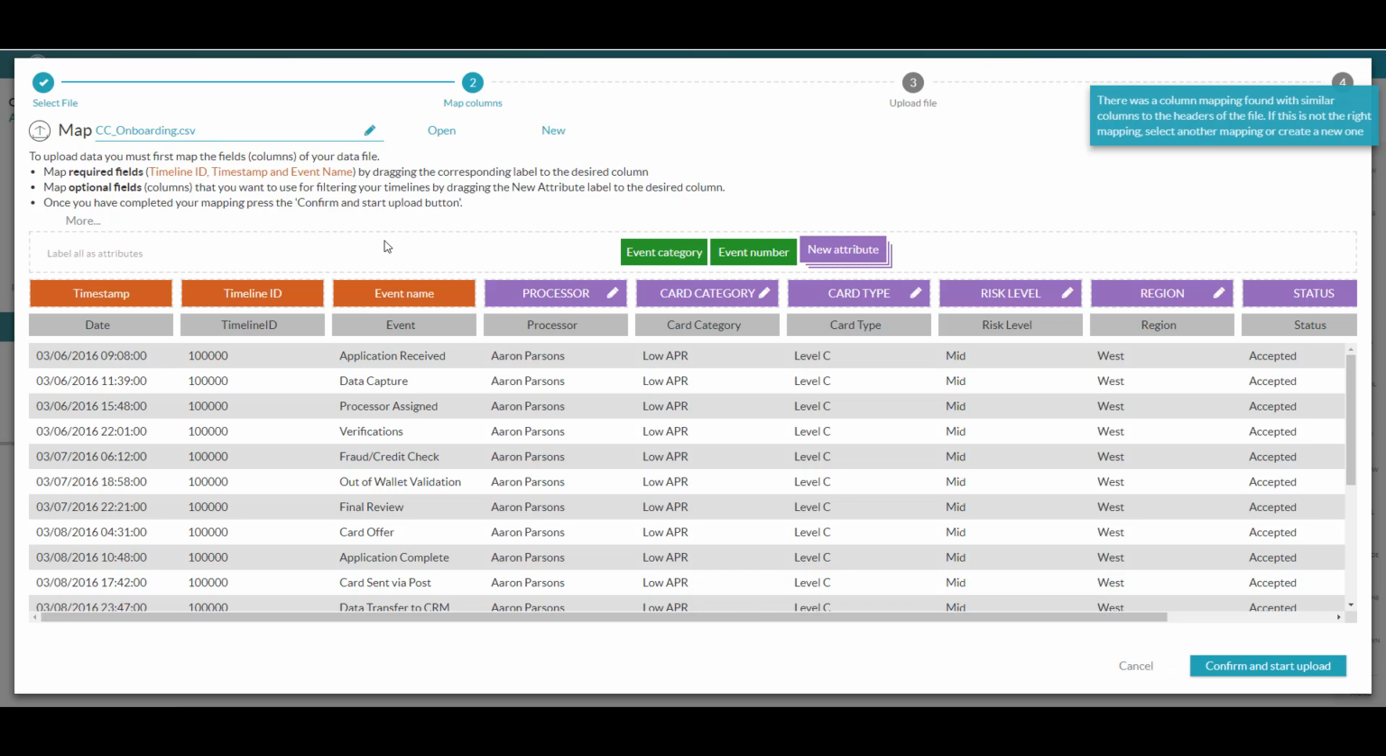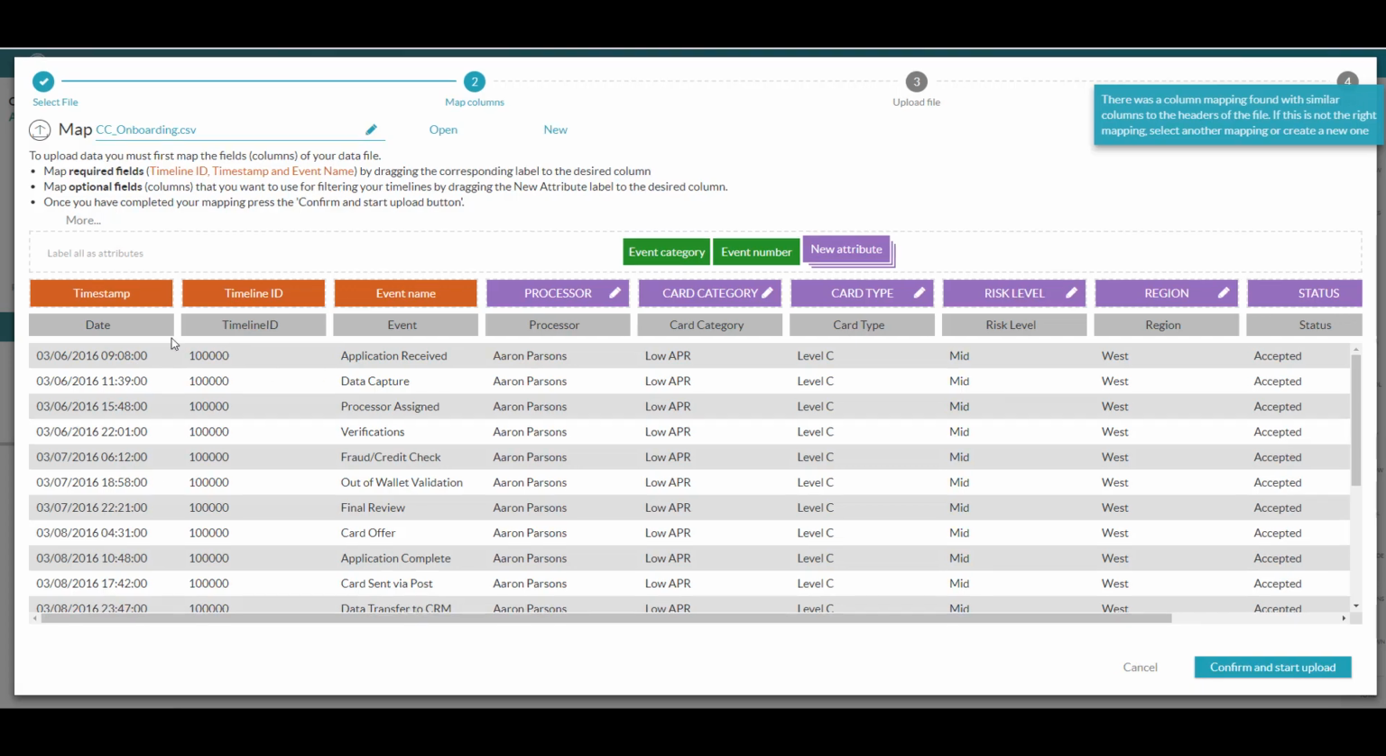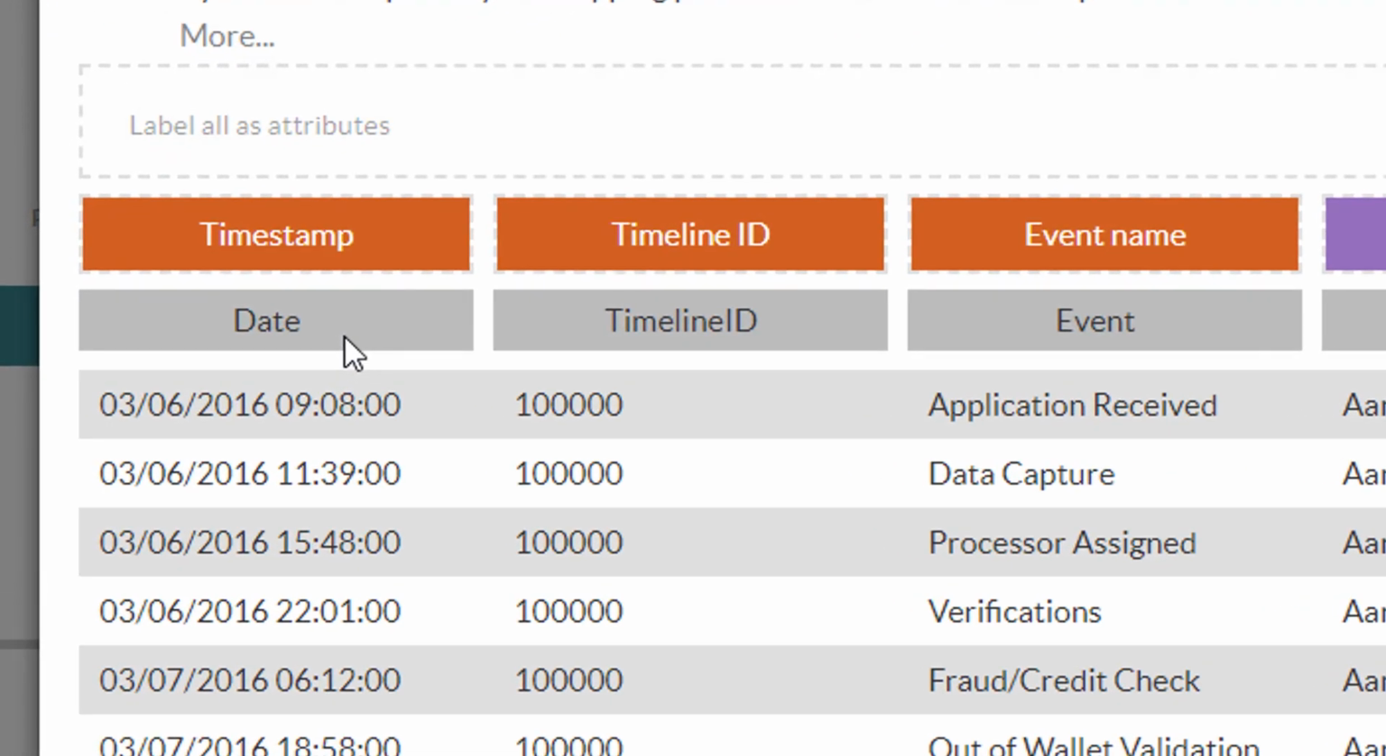onboarding workflow where customers are submitting applications for credit cards. So I've just introspected a file that's got some events related to the processing of these credit card applications, and the key here are these three fields to the left. We need to make sure we have three key data points in order to load this data into TimelinePI and